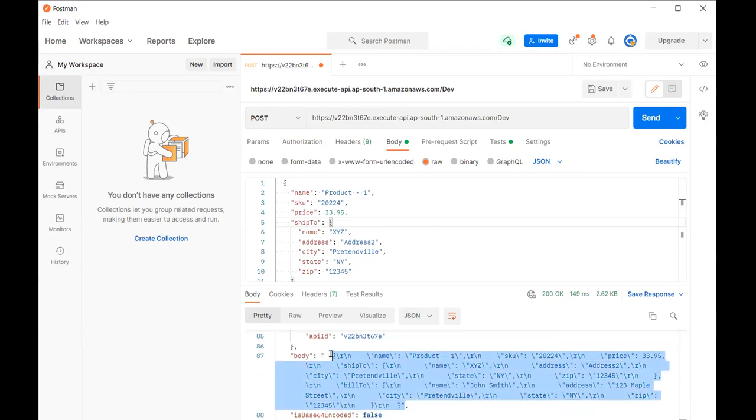So the Lambda function has got the body, and in future, if you want to process that body data, maybe insert it into a SQL database, or load it into the S3 bucket or anything, then you can update your architecture for the further processing. And let's see how to see the logs as well. Let me show you.